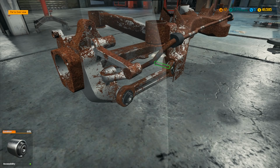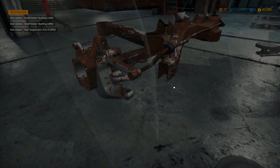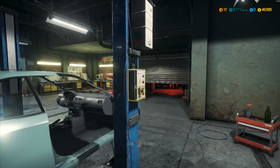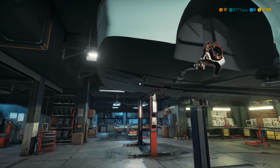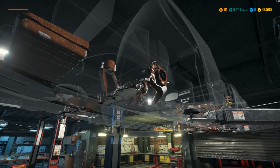I can actually take those two out. So you can do that one from both above and below the car. So I've done that. I'm actually going to lift this one up, and I'm going to take everything else that I can from the back end of the vehicle now. Then we can go back into it and...